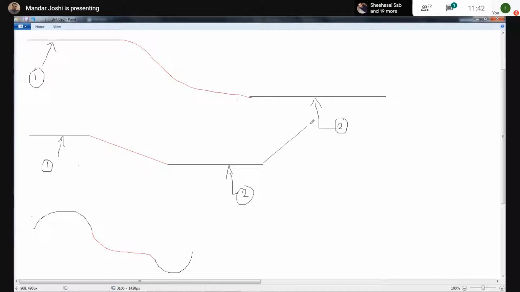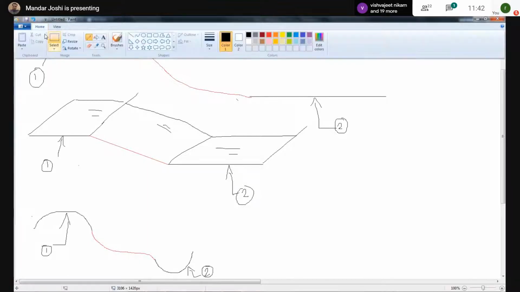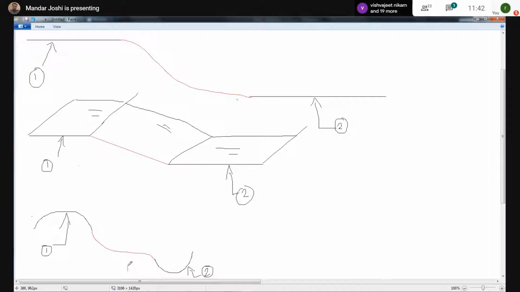You simply imagine there is a flat surface available here. Similarly, in this case, here is the first surface entity, here is the second surface entity, and the third one is the connected surface.